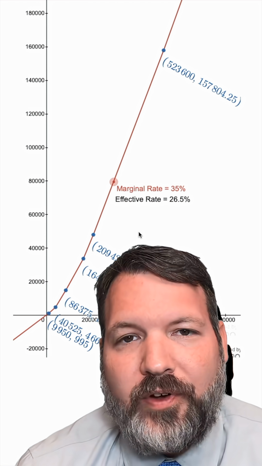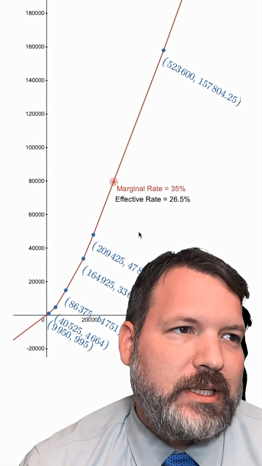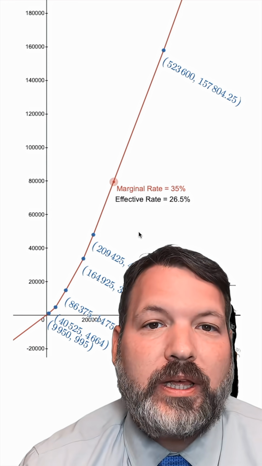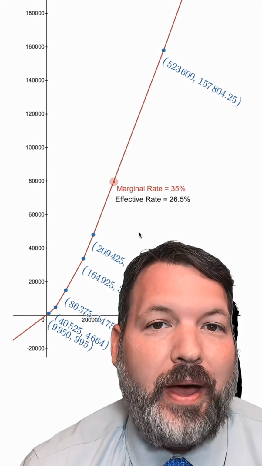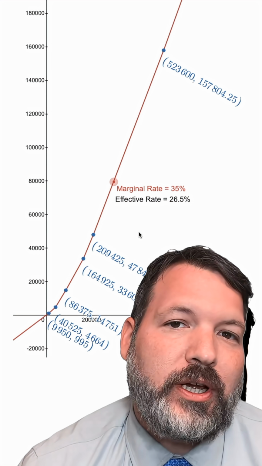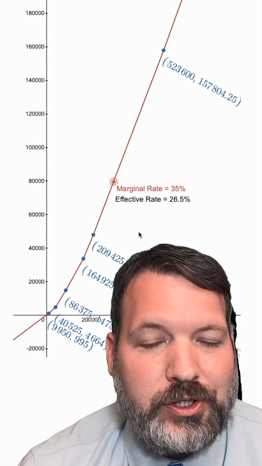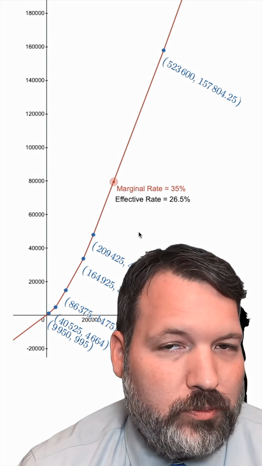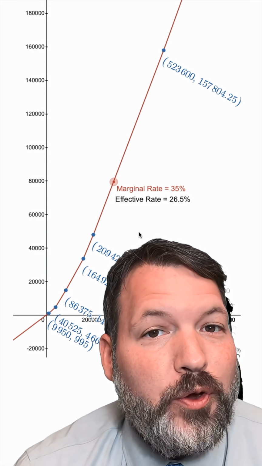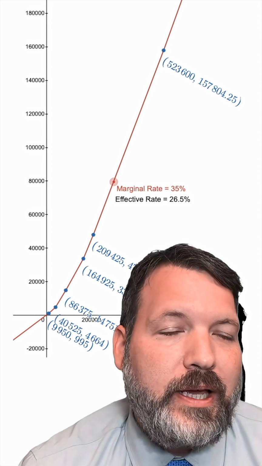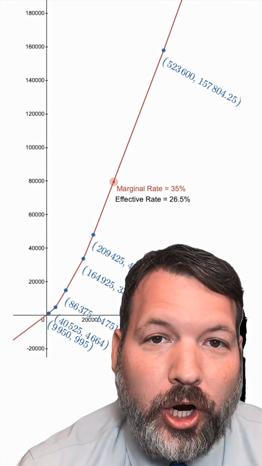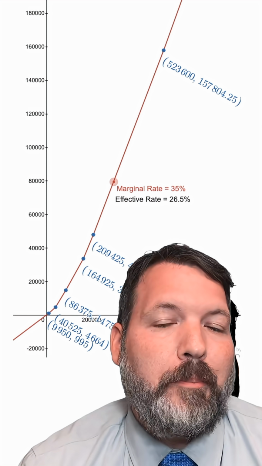There are, of course, lots of other things that go into these calculations, tax breaks and credits and everything else, and all of that's going to change whatever you actually pay in taxes, which is going to change your effective tax rate. But when it comes to just the income brackets alone, it's actually not a crazy system. It works roughly the way that it's supposed to, meaning if you have an opportunity to make extra money, in most cases, it is worth it, regardless of whether or not it's going to bump you into another marginal tax